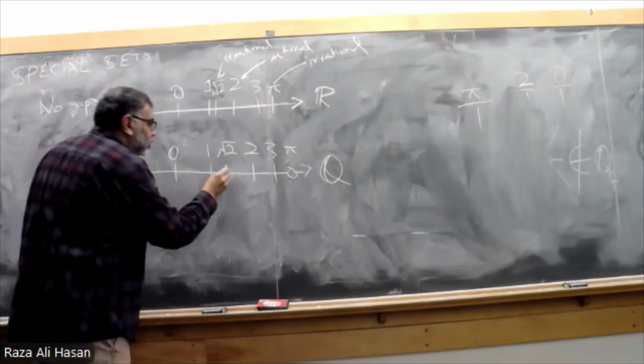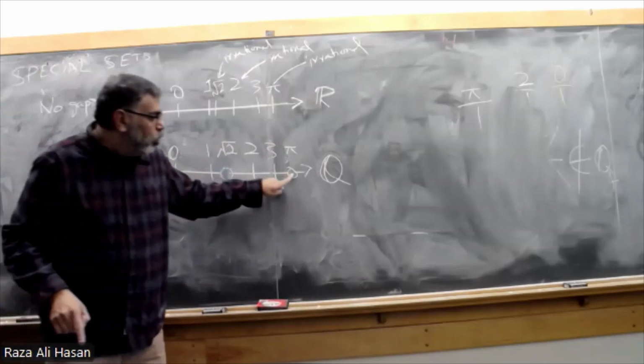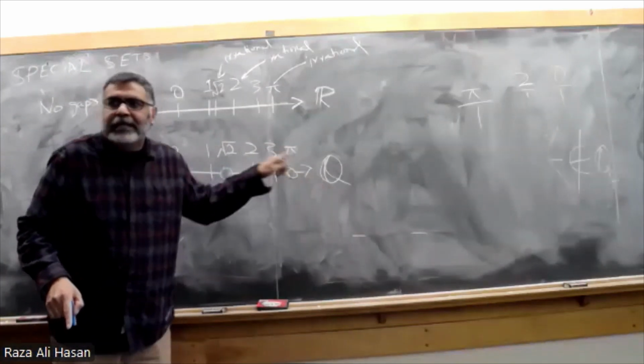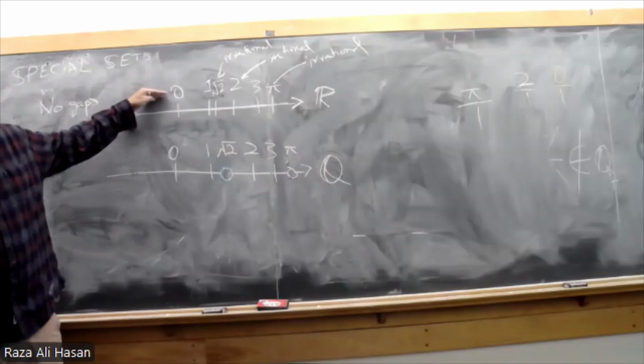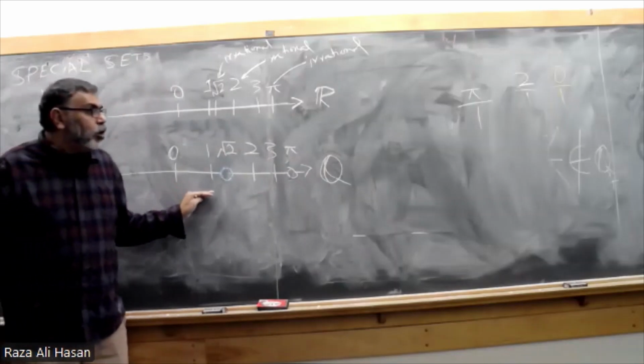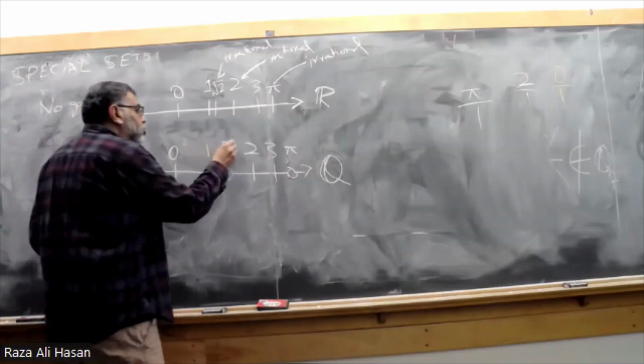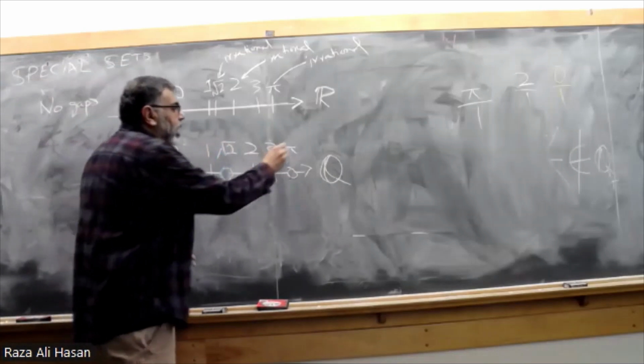Okay, so right here, there's a hole here in the rational number line. That's why we had to go to the real numbers. You cannot do mathematics, you cannot do calculus if all we had was rational numbers, because we wouldn't have square root of 2, we wouldn't have the number pi.